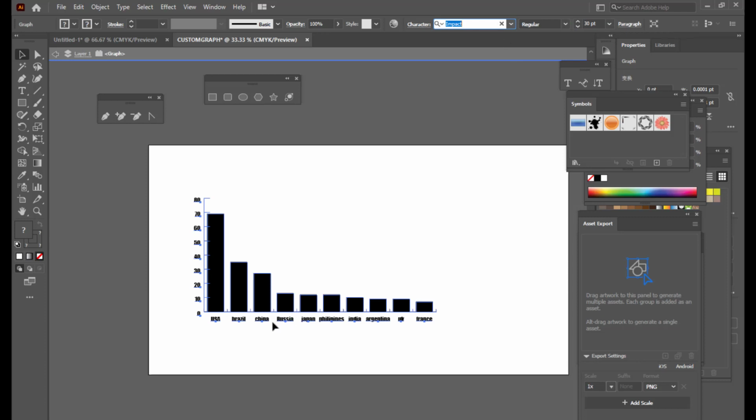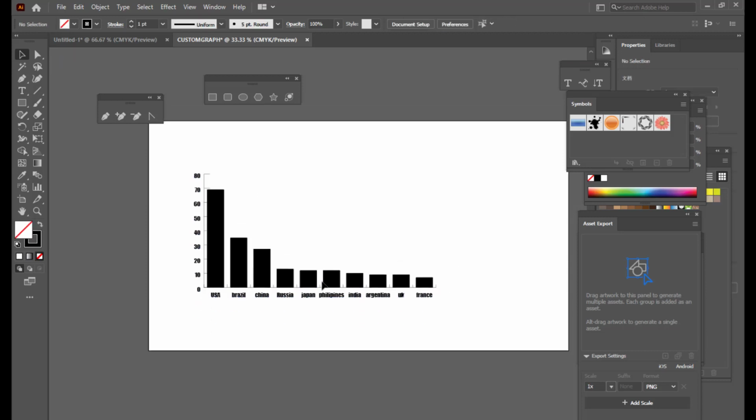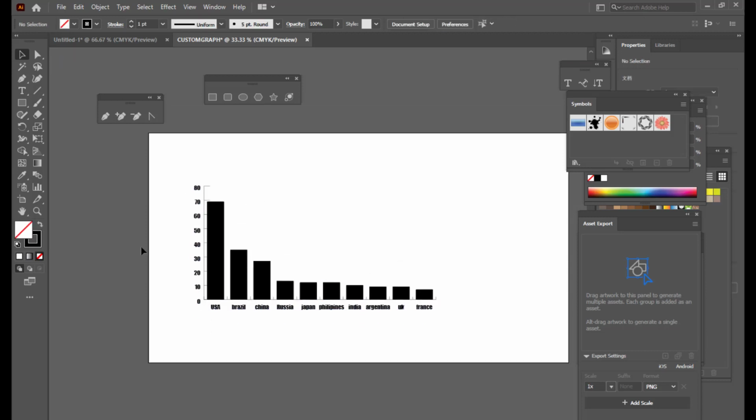Right. So now you can see all the names of countries. Now we can simply right click on this button, back one level. So we have now created a column graph of number of dogs in different countries. Now what we are supposed to do is customize this first by giving it some colors,